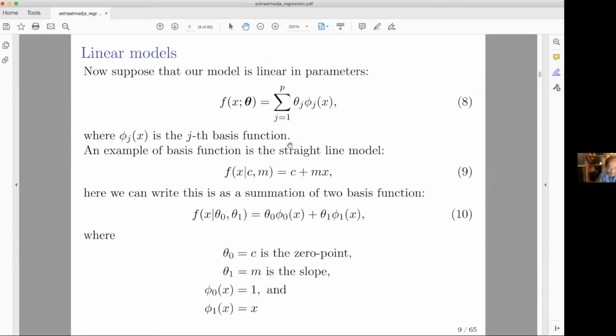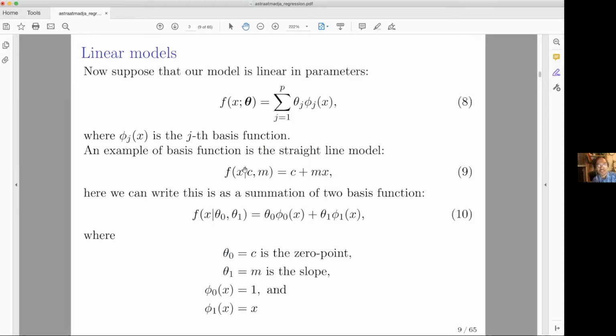You already heard about linear regression from Professor Feigelson here a few minutes ago. We have seen why it's called linear in the parameters, because it's basically a summation of the coefficients that we want to find multiplied by what we call a basis function. So suppose we have an addition of basis functions here multiplied by the coefficients,